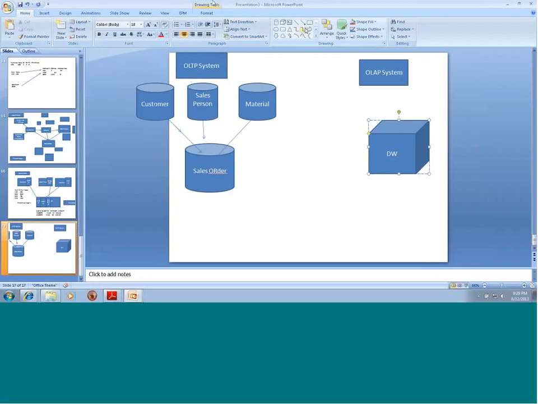So right here, I have to do what is called model conversion from an ER model to